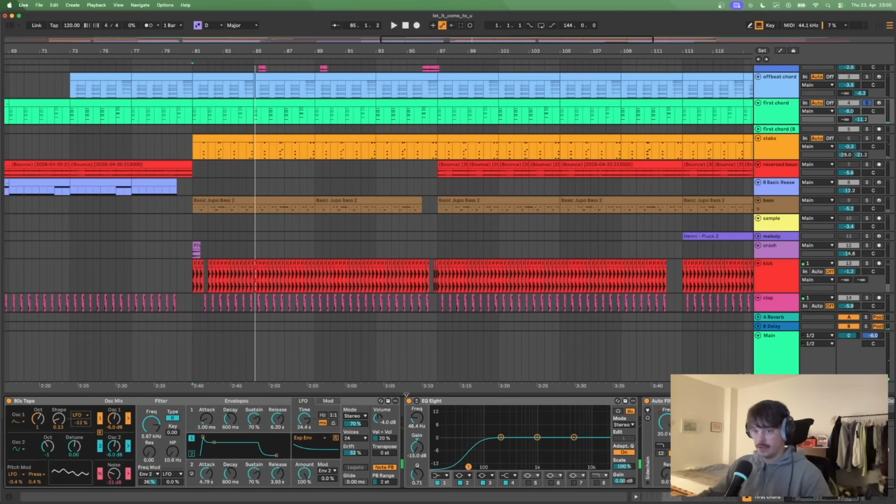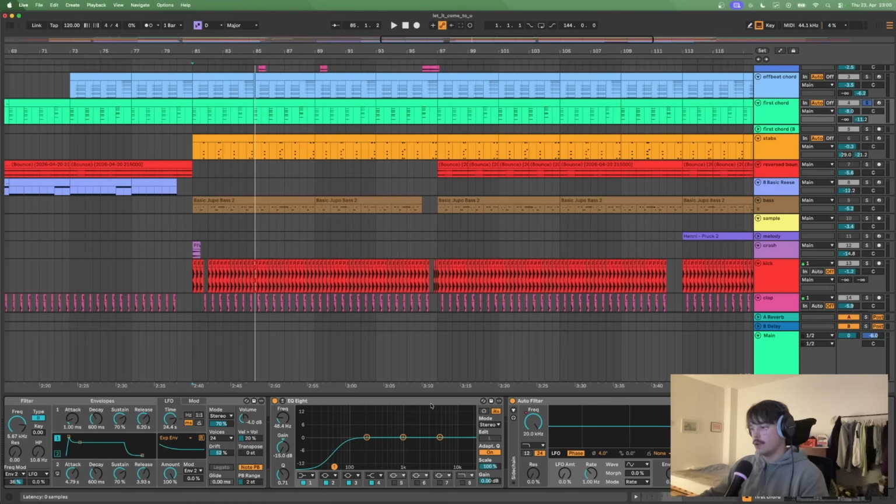There's actually a few effects on this one. This one is an Ableton stock plugin that just generates the sound. I believe I have turned this oscillator up an octave. I EQ'd out the low parts just to make some room for the bass. And this filter is not really active during most parts of the song. It actually just triggers in the breakdown, so it's a bit more filtered and then regains its size by opening